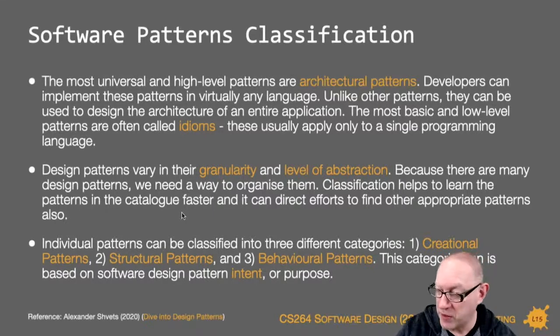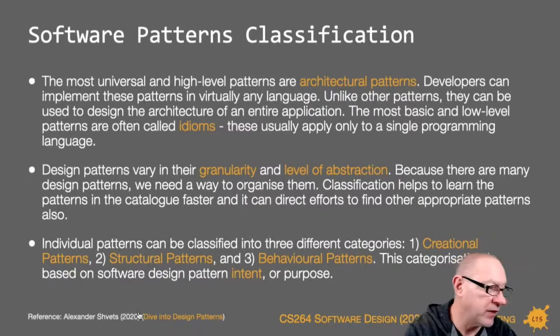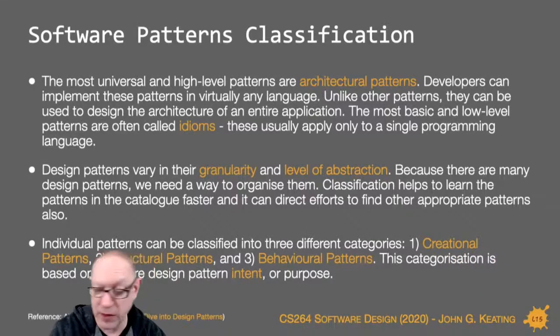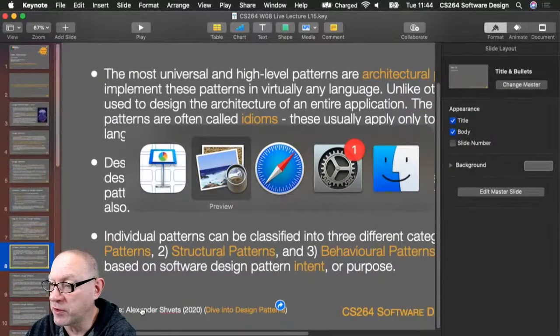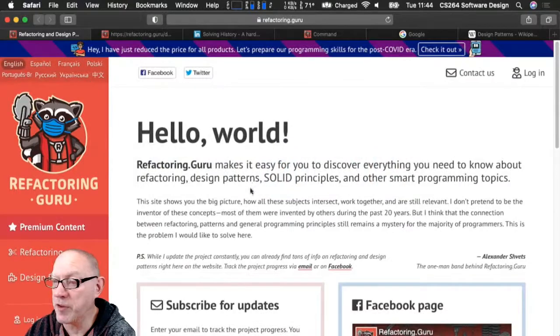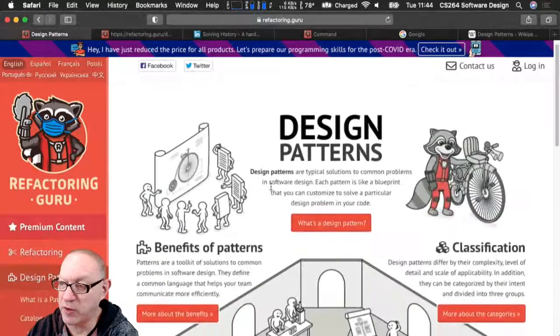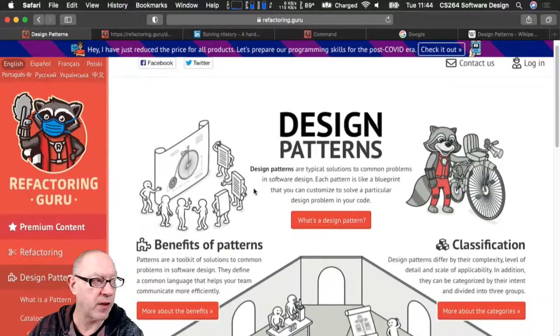And we can see those. Again, you can go and look at the Dive into Design Patterns book and see these lists. You can go to Wikipedia, for example. It has a brilliant selection of these as well. Maybe I'll just go there and show you. Let's have a look at the website. Okay, so if we look at the design patterns, you can see there are patterns here,